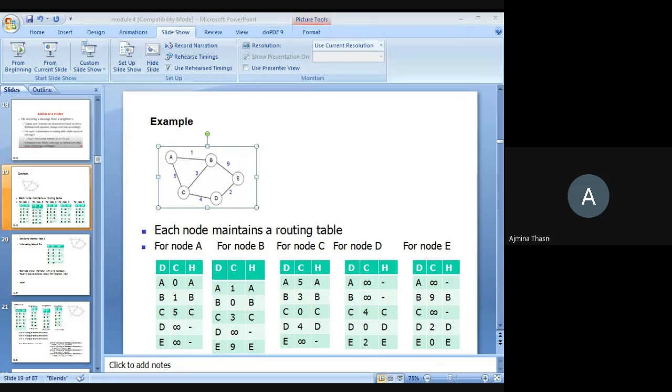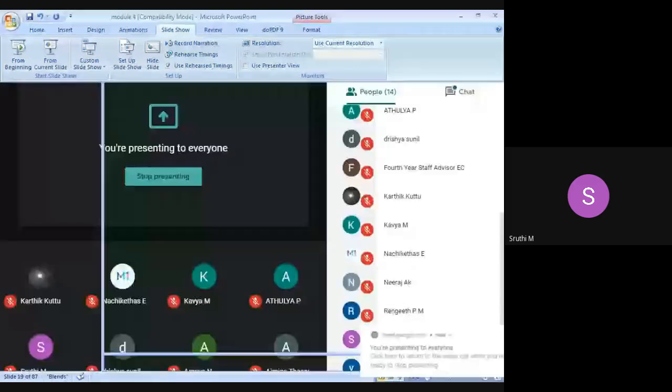Yes or no? Finished taking? Yes. Okay, you do it for all the routers and you see where it will be converging. Okay. Now,